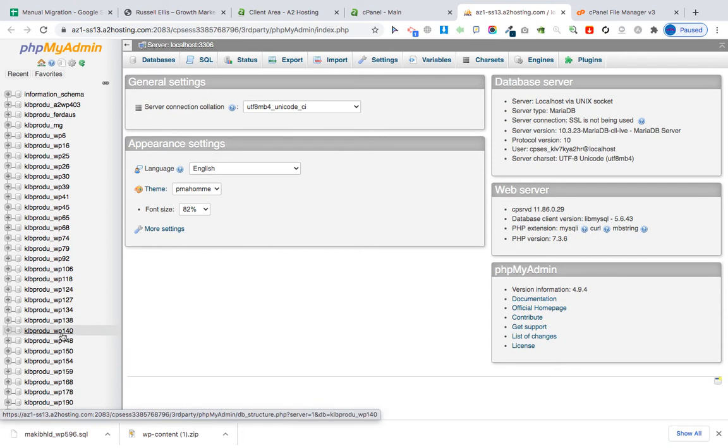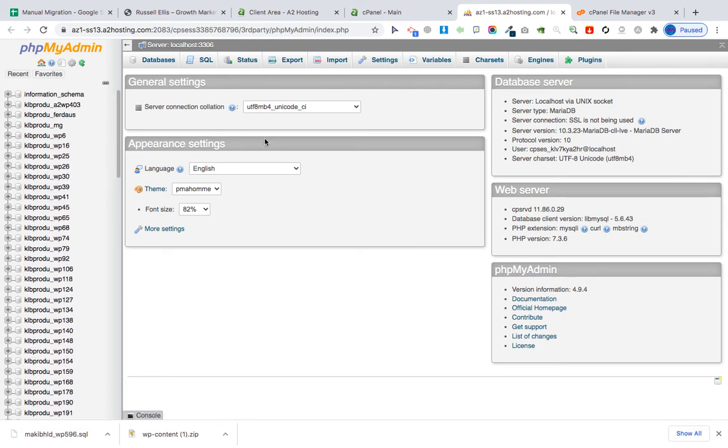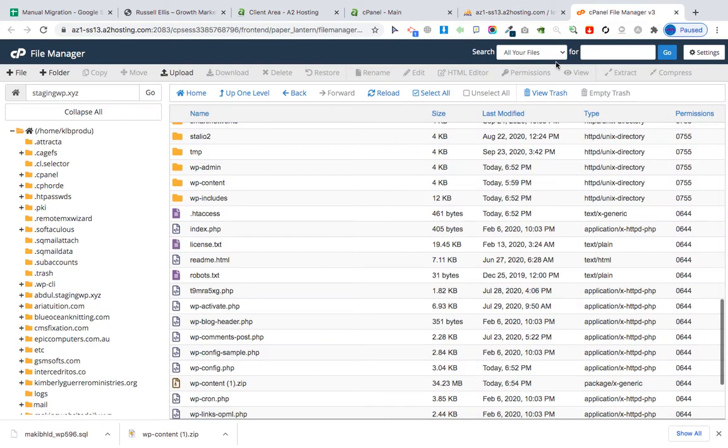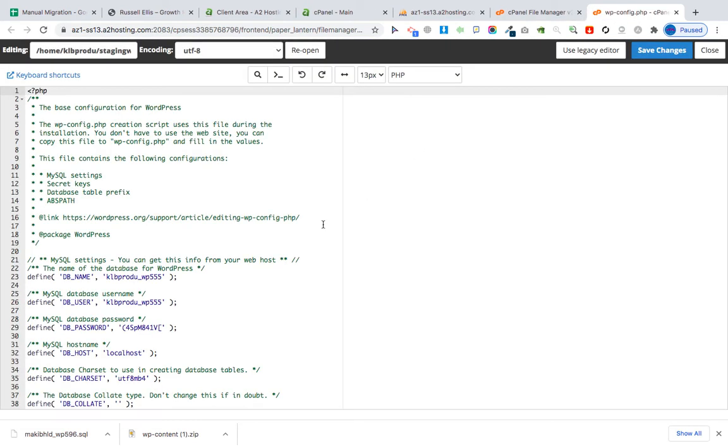Now finding the exact database of the website is very difficult because we have lots of databases here and lots of websites. So for this purpose, just go back to the file manager, and here you can see the WP config. Just click on edit. Now here you can see the database name. Just copy it